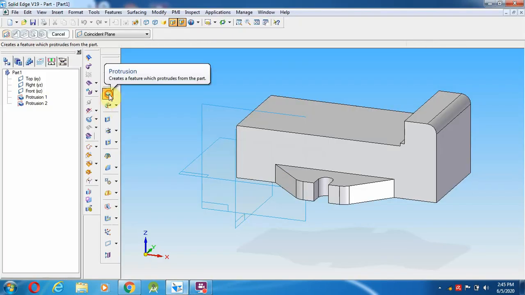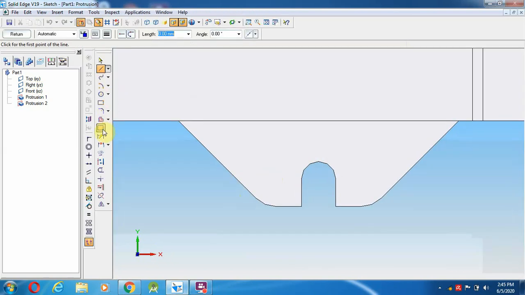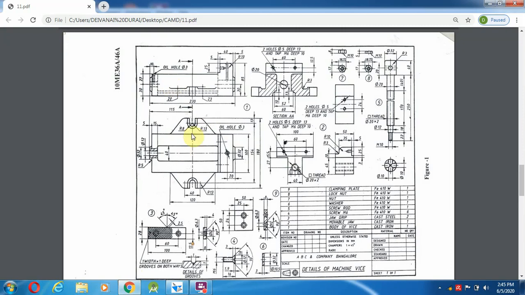So select this one, protrusion command. The top of that I'm going to select. Now I'm going to make a line over here. Then select the 3-point arc by the 3-point method. So first, second and third one I'm going to put over here. Okay, so this line I'm going to delete. So now after that I will go for here. What is the difference? This is the radius 8 mm line, another one will be the radius 13 mm line. So the difference is 5 mm.